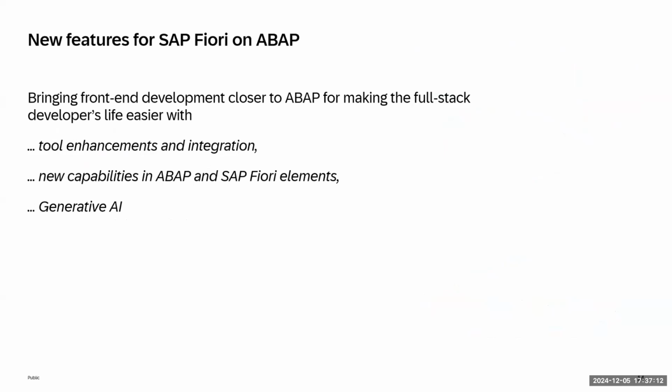So the question is how we can support those persons, and there are three ways to do that. The first is to enhance and integrate our tooling, to make it more seamless to switch between the tools. The next is to provide more capabilities and features which can be consumed on the front-end side out of the box. That means something you can annotate in ABAP, which is then understood by Fiori elements, like analytics capabilities or hierarchy capabilities shown in the Fiori application. And finally, if you want to be even faster with your development, we can utilize generative AI.